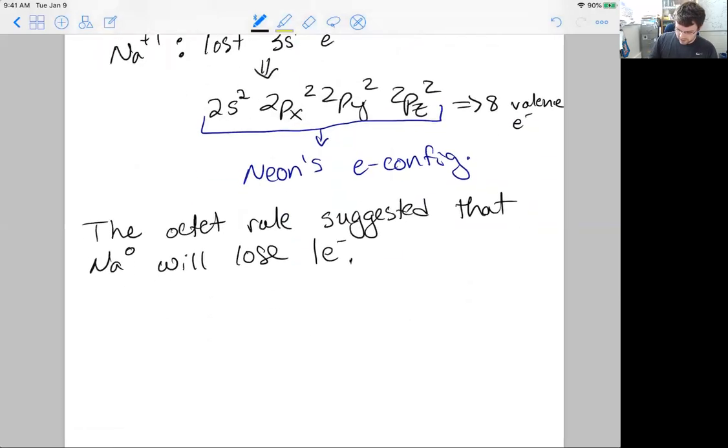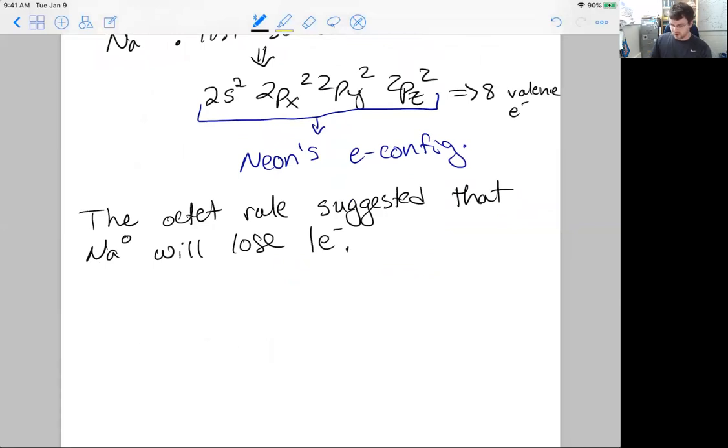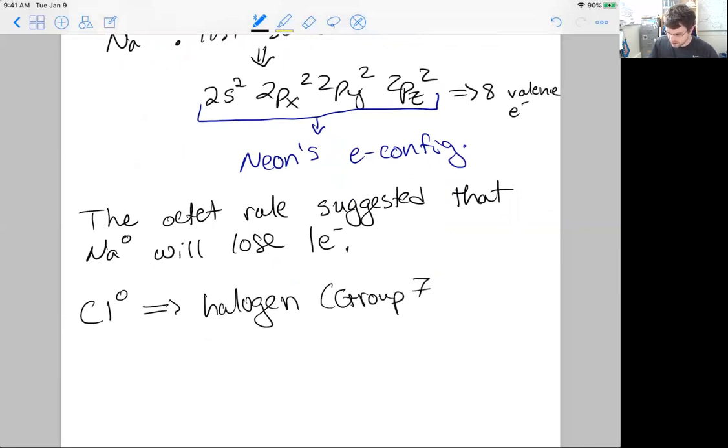And so sodium, in its neutral form, is actually highly reactive, and it's not until it gives up that electron that it relaxes down into a more stable state. And the same thing can be said for chlorine. So chlorine, hopefully you can recognize, is a halogen, which is group 7 with 7 valence electrons, which means that it's only one electron away